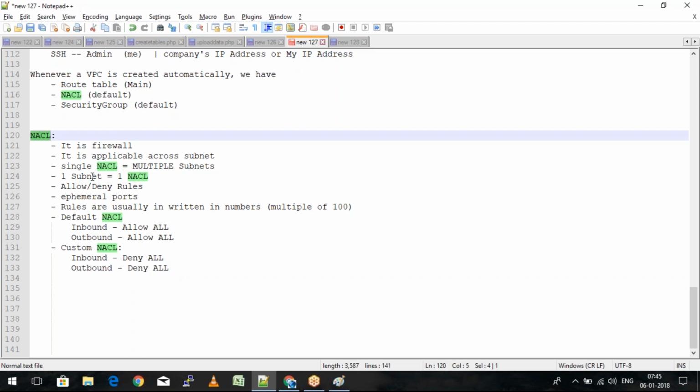So a security group is applicable only at the instance level, while the NACL is applicable at the subnet level. And remember, a single NACL can be a part of multiple subnets. So if I have one NACL, I can have it across multiple subnets. So NACL is something like a firewall. So what I believe,